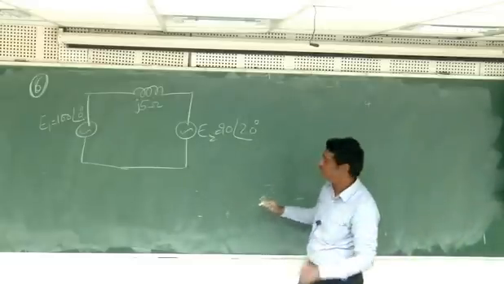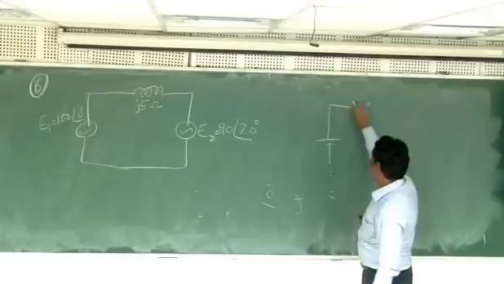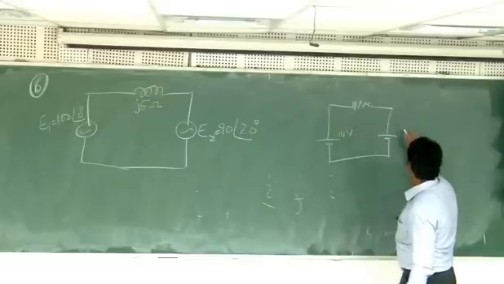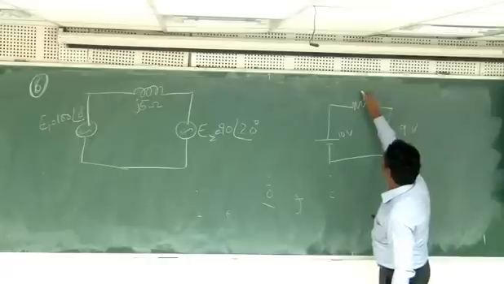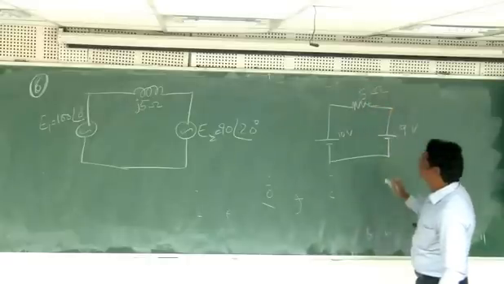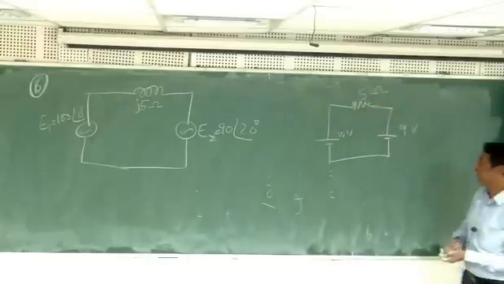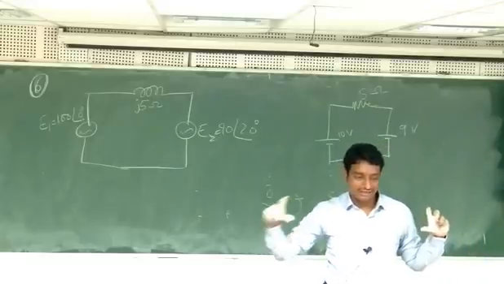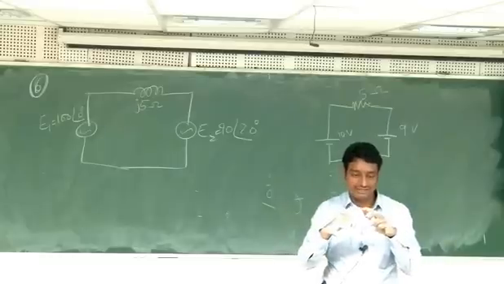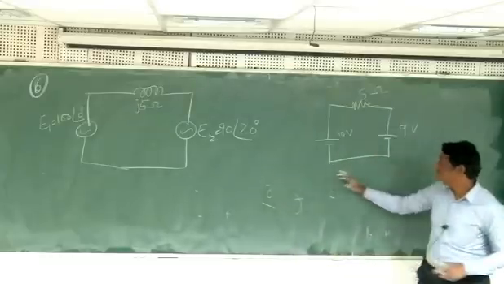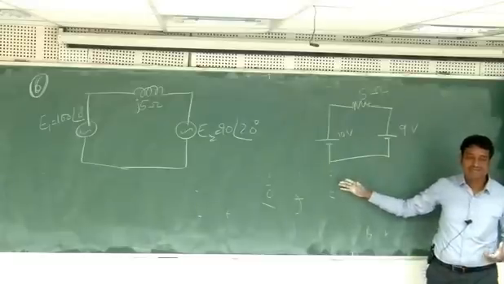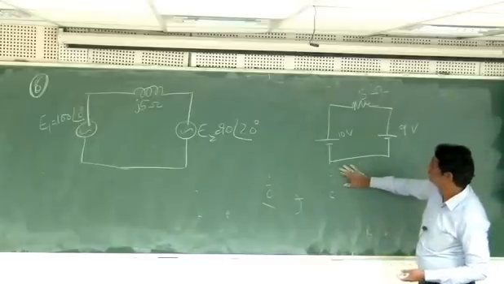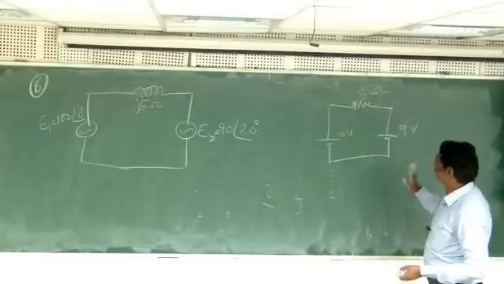I'll give you an easy DC circuit. So this is 10 volts and this is 9 volts and this is 5 ohms. Interpret this as such that somebody gave me two batteries. I have taken battery 1, I have taken battery 2. With a small resistance, I connected them. The question is, which battery will run the circuit? The 10 volt battery will, so some current will flow.